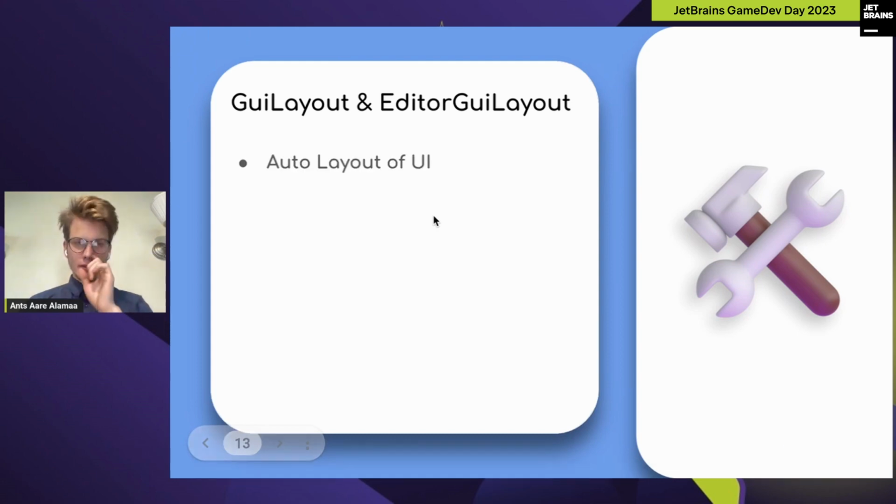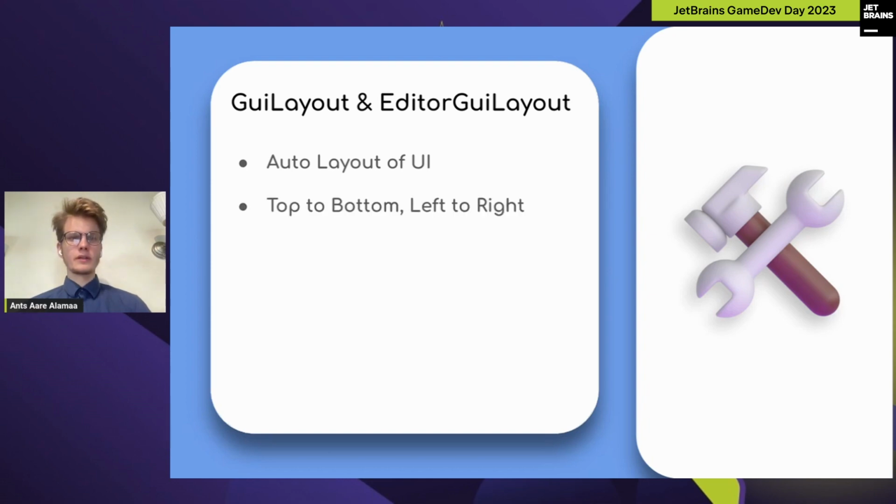The layout functions give you an automatic layout of the UI. This means you just call what you want to call, and it figures out how to draw it based on what you're doing. The way this works is from top to bottom. If you have something that's called first, it will draw at the top. And if you have something called second, it will draw right below that. And if you are using